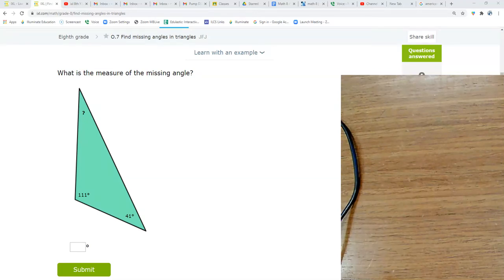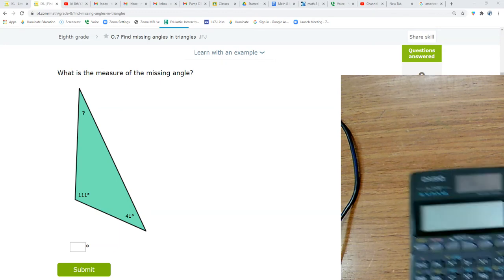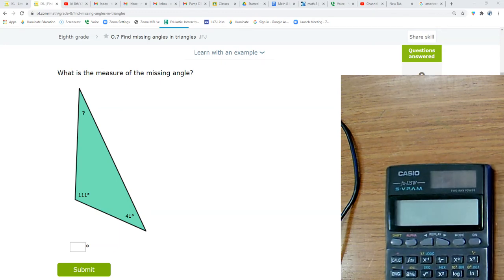Hey, this is Mr. Barr, and I'm going to do the IXL that deals with finding missing angles in triangles. The real thing about triangles is that the interior angles of a triangle have to add up to 180. So when I'm looking at this one, I know 180, and if I just subtract out the angles I have, it's going to give me that missing angle,